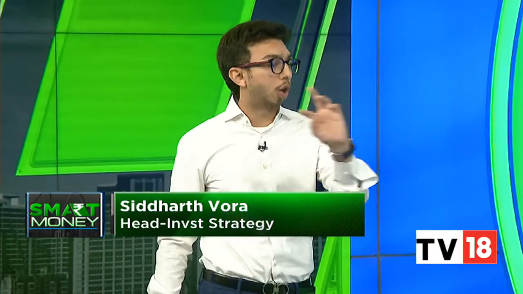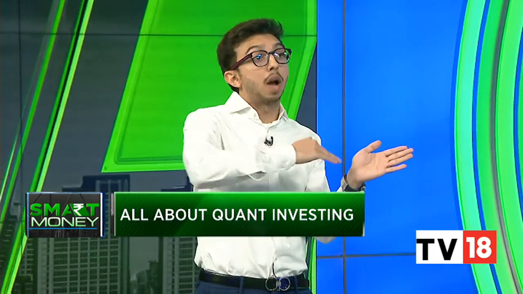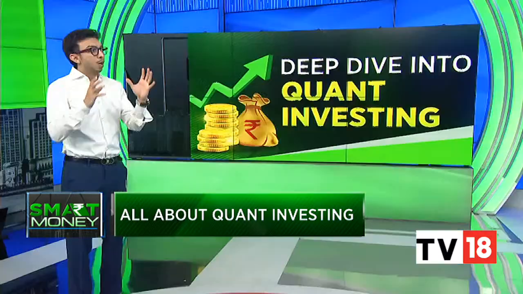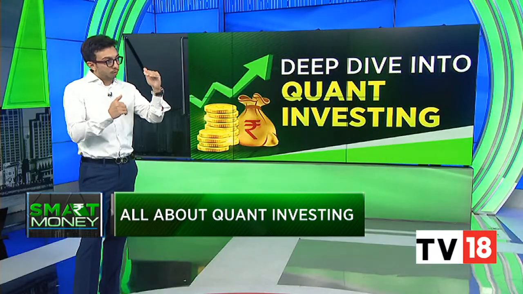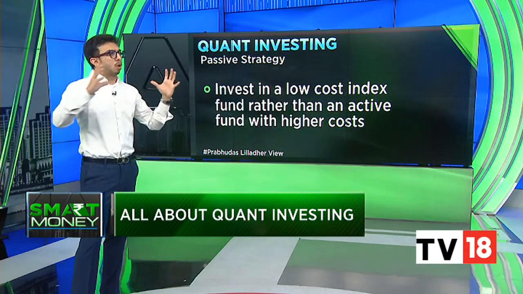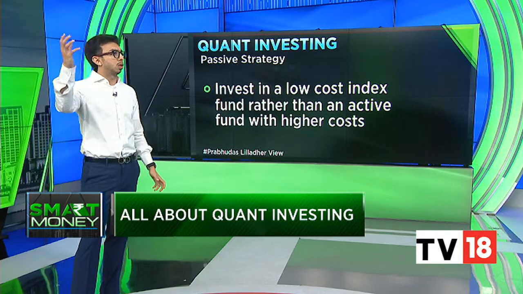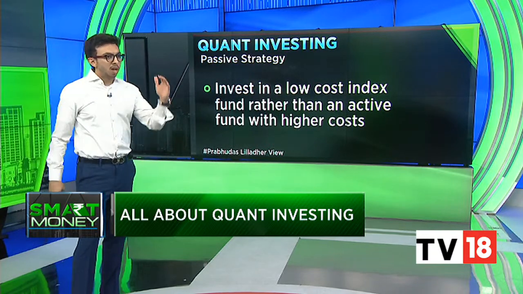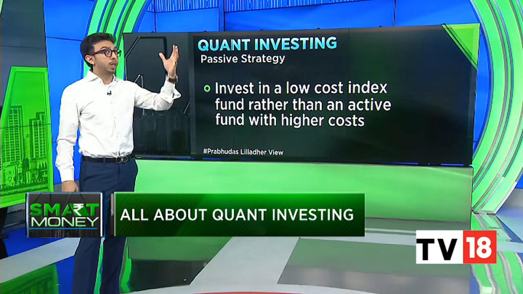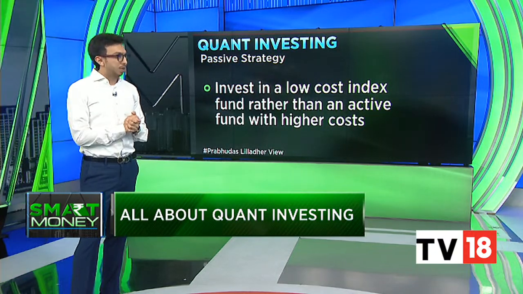The third one is the absolute return or long short category, where you have to make money irrespective of whether markets are going up or down. So you have to basically create a long short portfolio in order to make money on both sides of the market. So these are the three broad categories the way we see it: asset allocation, long only equity, and long short / absolute return.